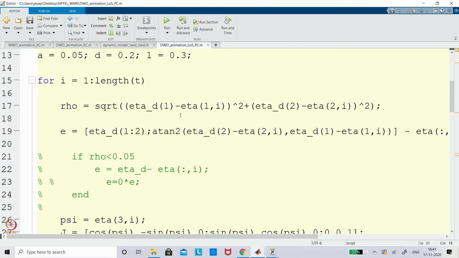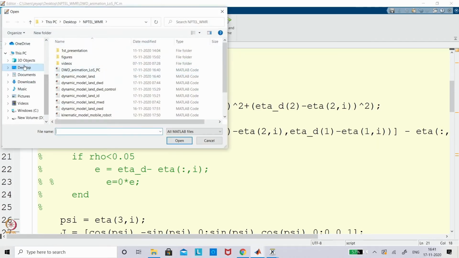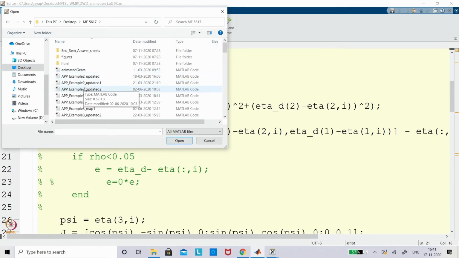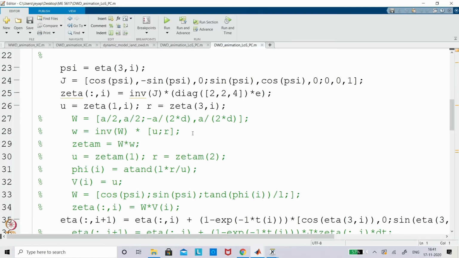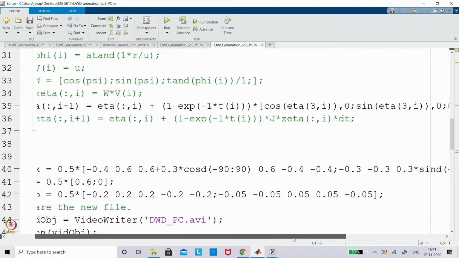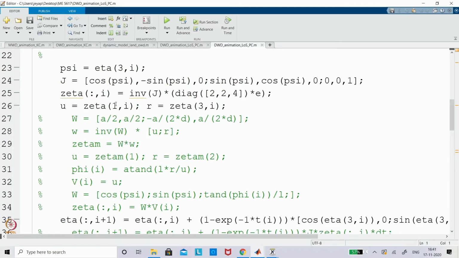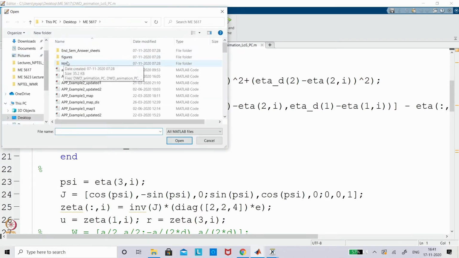Now if I give a positional coordinate as a polar coordinate, how would that work? For that also I will take another file which I have already written. So I will take that. Okay. So here you can see the u and r. I am taking it as a polar coordinate, and then I am trying to control that. This is also the same thing, so it is also line of sight.